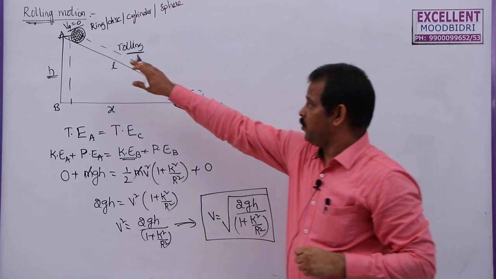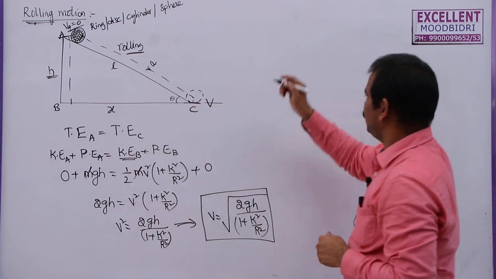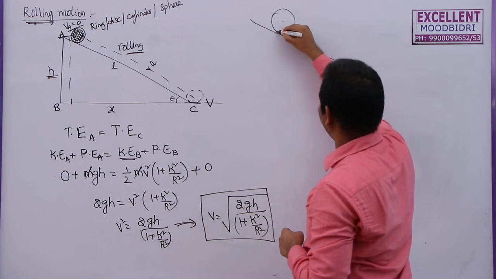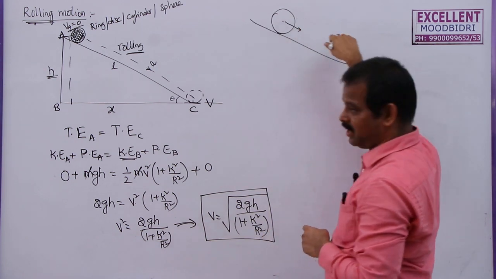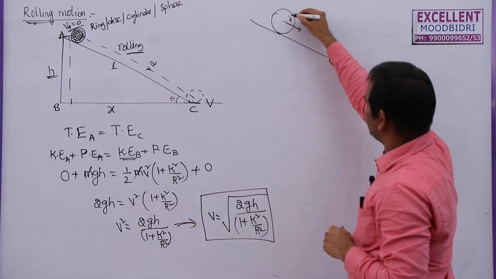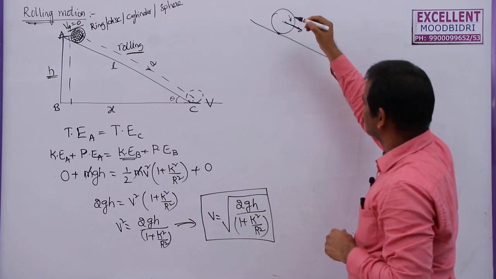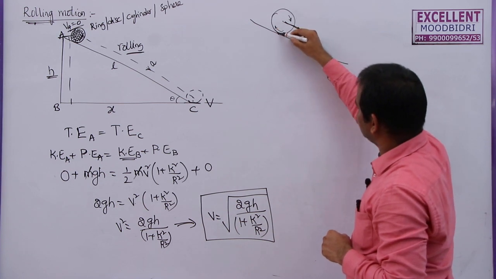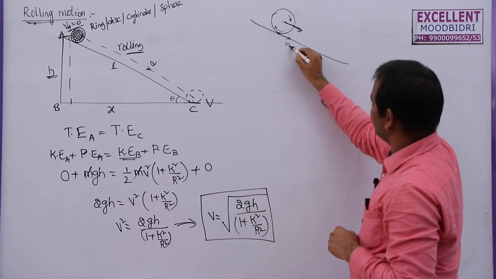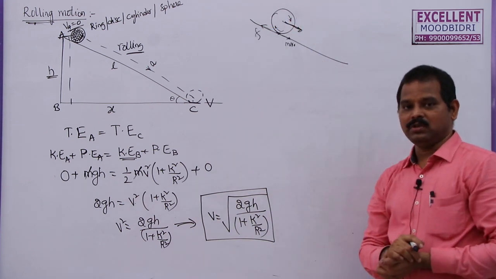Here, if you want to find the acceleration of this body along this inclined plane, let me draw the same body here. This is the body, this is the inclined plane. When the body is moving along this direction, without slipping means it has to rotate about its center and also move along this path. So it is a combination of these two. If you take this point here, it is rotating in this direction, but it is moving in this direction. Now, if it is having motion in this direction, there must be some frictional force acting in the opposite direction.